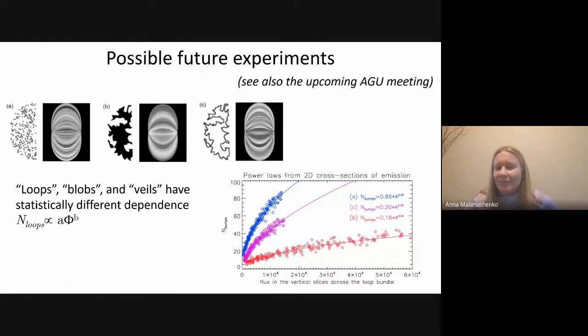It does look like this relationship can be described by a power law: the number of loops is proportional to the total intensity to some power. The question is, what does it look like in the real Sun? We have a project to pursue this statistically and also with numerical simulations. And at that, I end, and thank you for your attention, and I'll take questions.